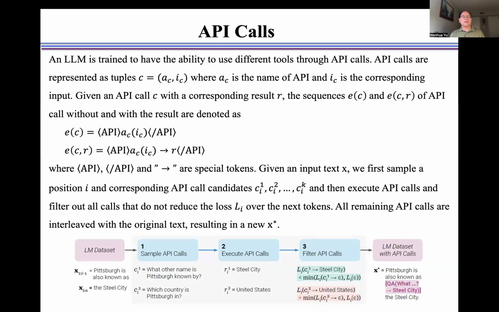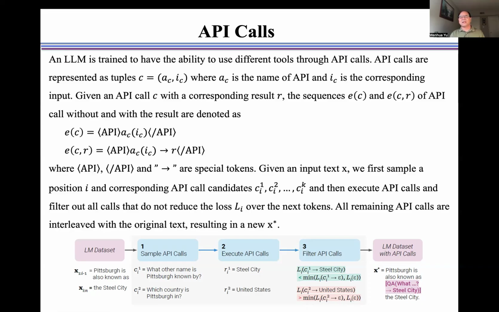Given an API call C with the corresponding result R, the sequences EC and ECR of the API call without and with the result are denoted as here, where API, /API and error are special tokens.